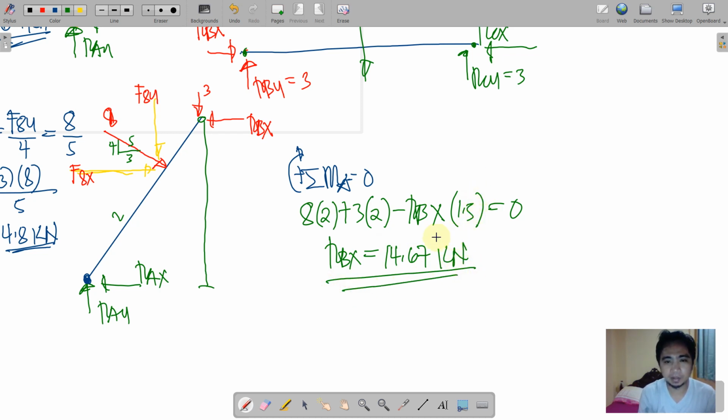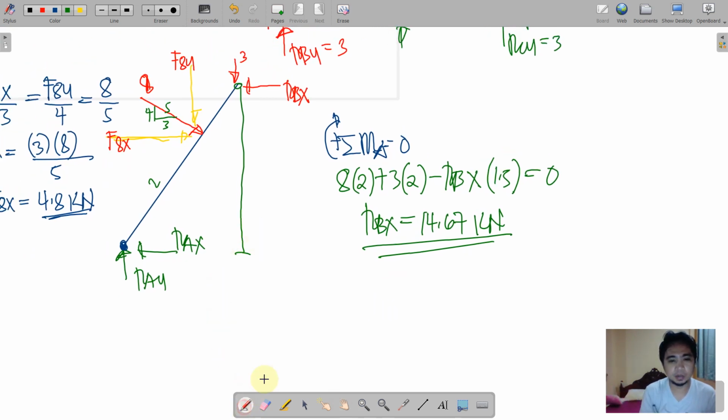Stay positive. Okay. Nag-positive meaning yung positive ay hindi COVID yan, ha. This positive is meaning we have a right assumption. Correct yung assumption. So no need po na palitan na yung sign or the direction. Okay? So RBX is correctly assumed to be a compression. So by that, 14.67,